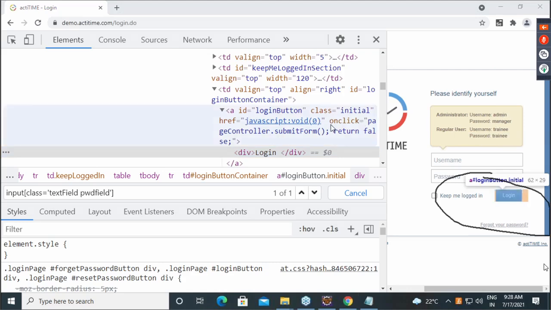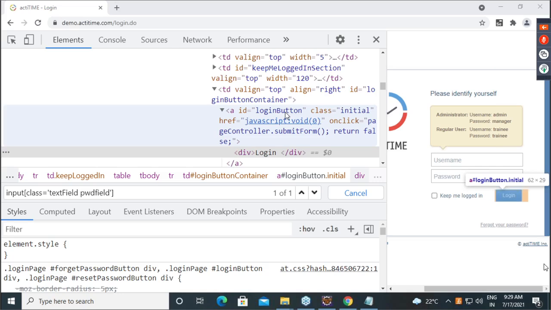Now, as soon as I keep a hash login button, can you see this? Did you notice it? Where to observe? Here. Now see, a hash login button dot initial: a is the tag, hash means ID, and the ID is login button.